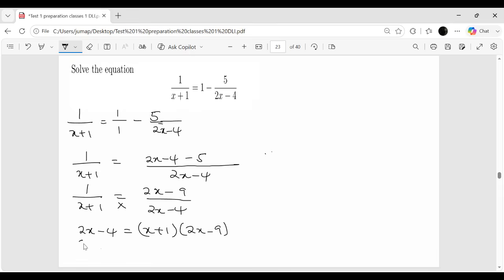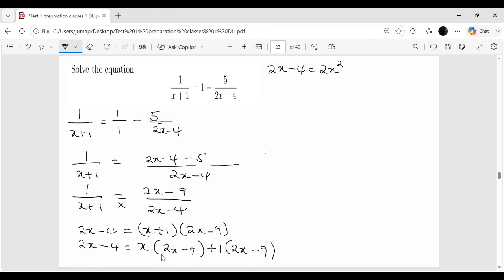Then this is going to be 2x minus 4 is equal to x multiplying with everything here. So you say x, then you say 2x minus 9. Then you get the 1, it's going to be plus 1. Then you say 2x minus 9. Okay, then you're going to have 2x minus 4 is equal to x times 2x, which is going to be 2x